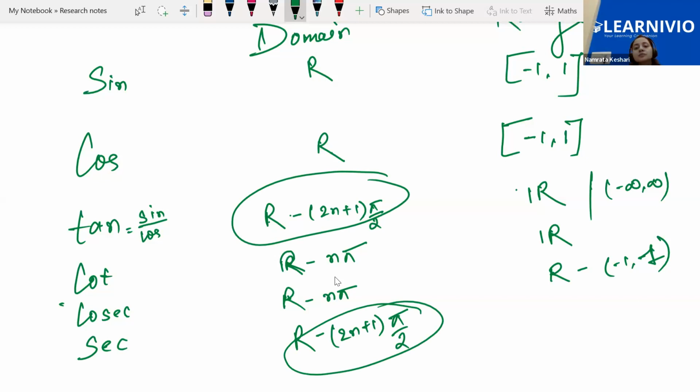Yes or no? Yes, ma'am. Range is just like cosec. Sec का रेंज cosec के रेंज जैसा है, all real number minus -1 to 1, क्योंकि sec मीन्स 1 by cos. cos हमेशा आउटपुट किस नंबर और किस नंबर के बीच में